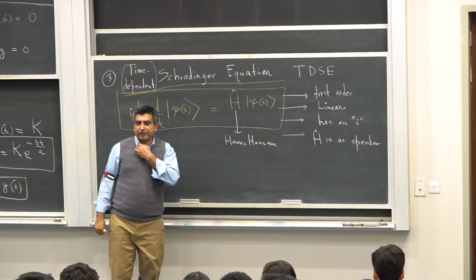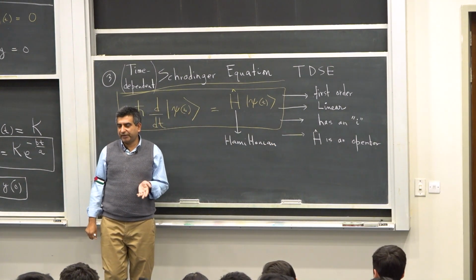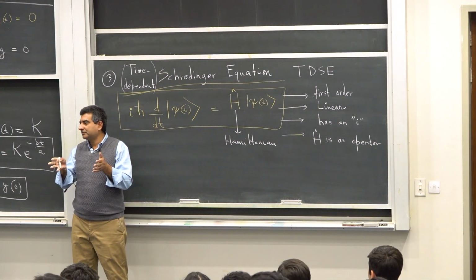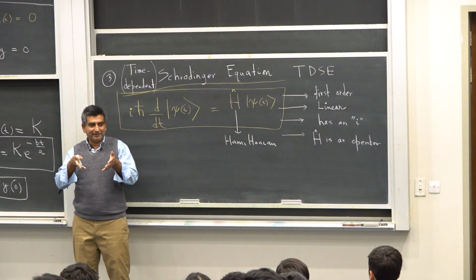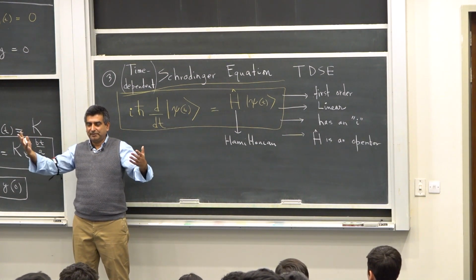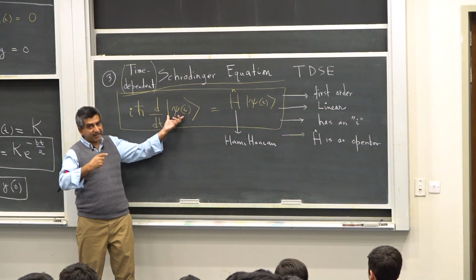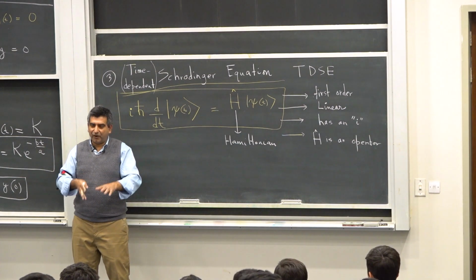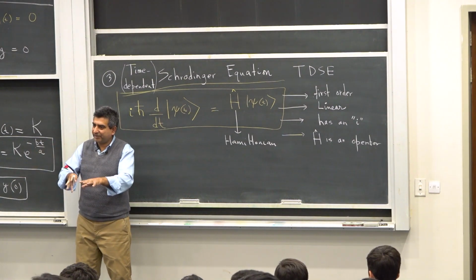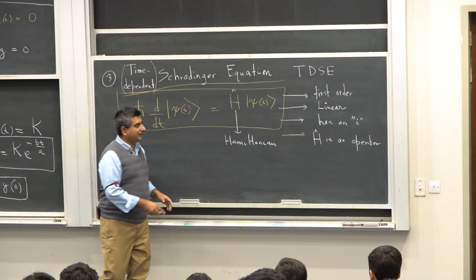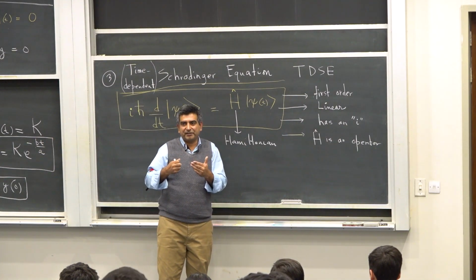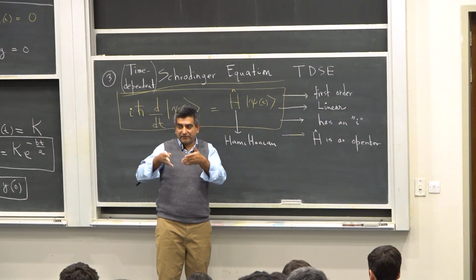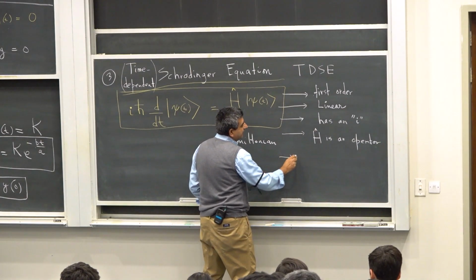The other thing that you find kind of unusual, probably the first time you're seeing this, is that now we're looking at the derivative of not a function but a ket. And a ket lives in a Hilbert space, in a complex vector space. This is a vector. You're looking at the derivative of a vector, of a ket, of a quantum state. So it's a derivative of a vector. So it's not the derivative of a function. You can make it into a function, but at the outset it's a derivative of a vector. So you have a derivative of a ket.